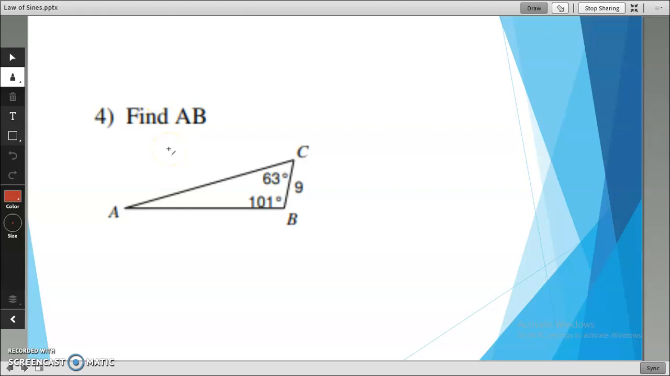All right, last one, it says find side AB. So here's my side AB. This is right across from my angle C, so this is really going to be c here. I have this side here, which is really my side a, so I need to find angle A. So 101 plus 63 subtracted from 180 gives me 16. So 16 degrees. Then I have the sine of 16 over 9 is equal to the sine of 63